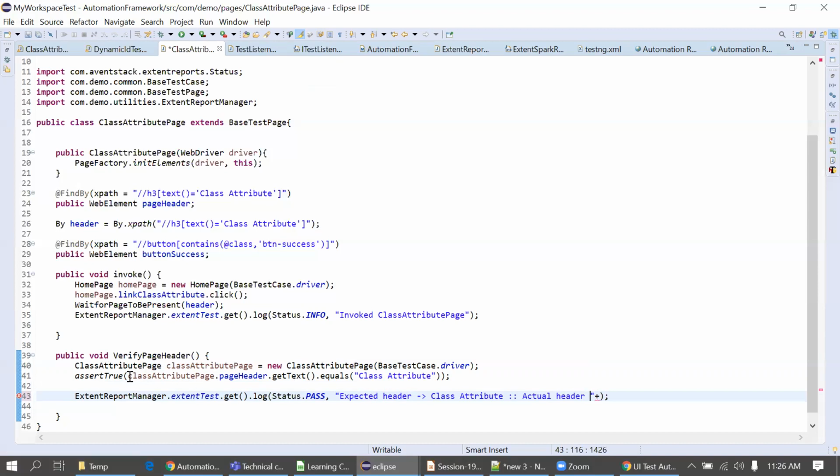This is the actual header, class attribute page header dot get text. We'll paste it here.